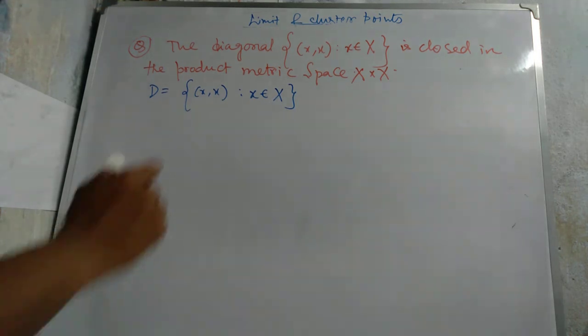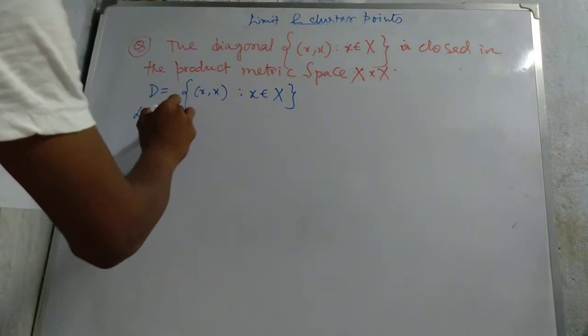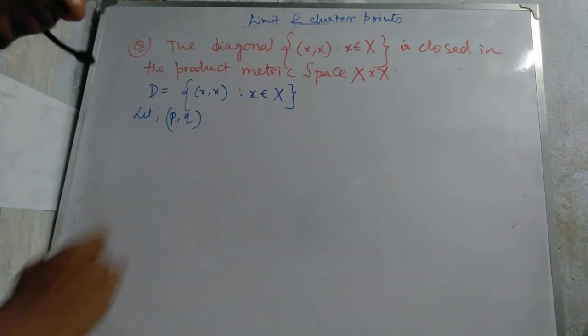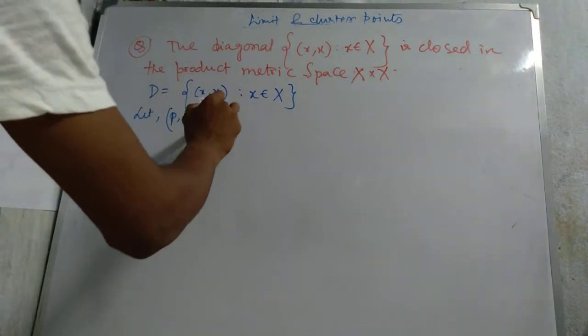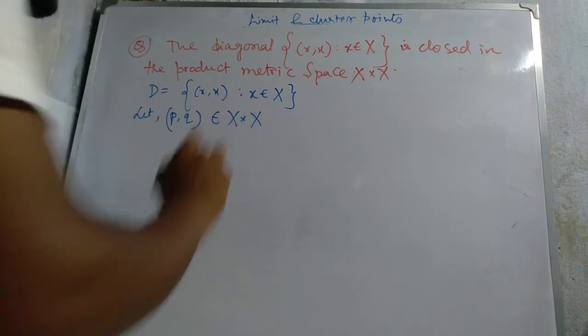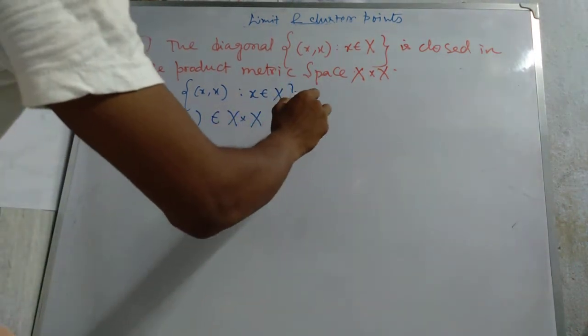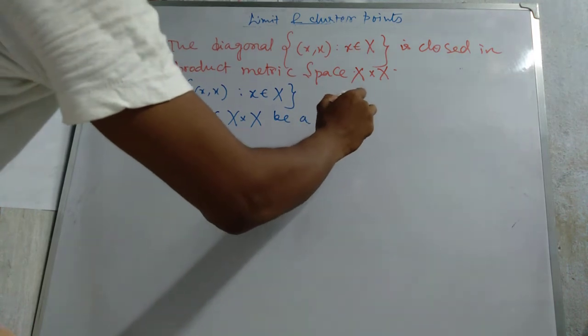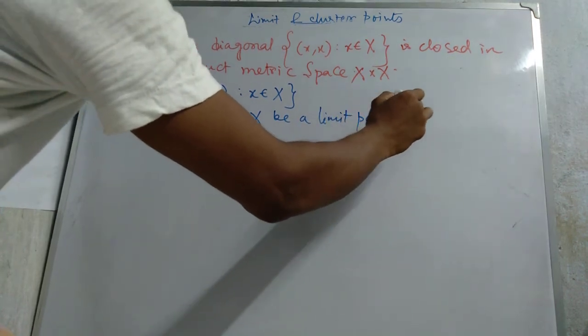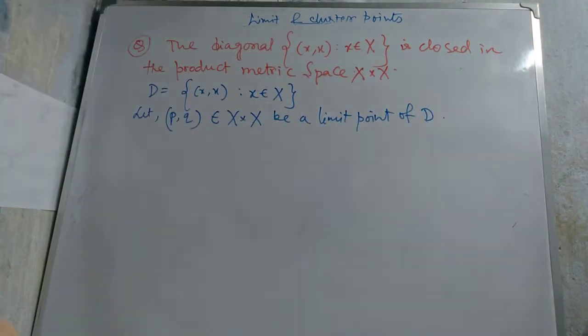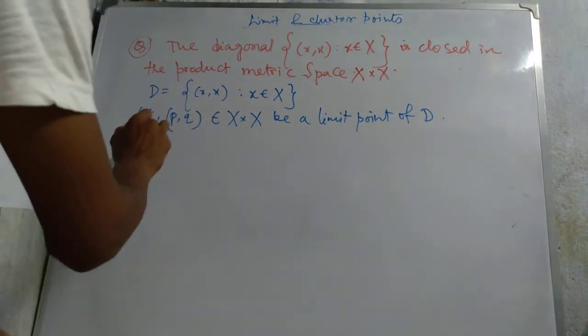Then let (P, Q) belonging to X Cartesian product X be a limit point of D. Then